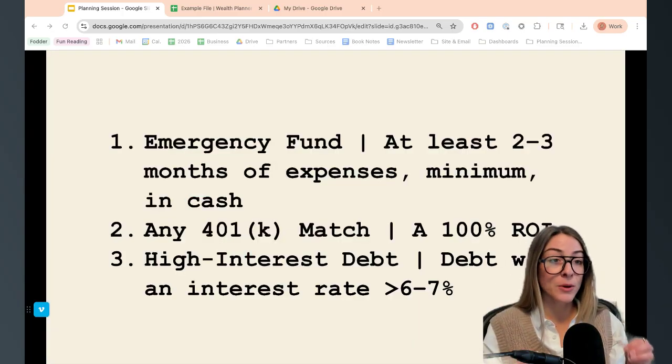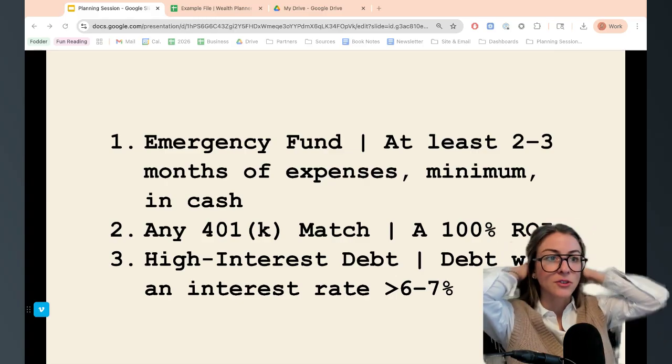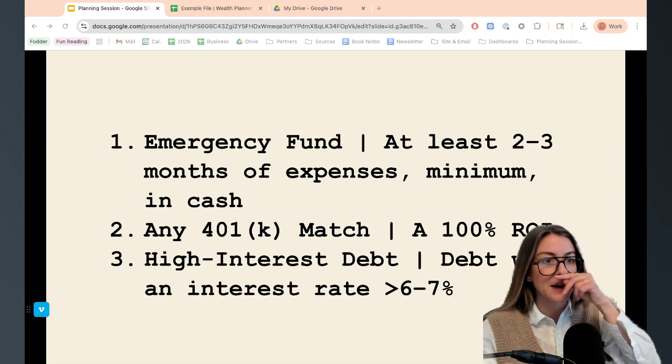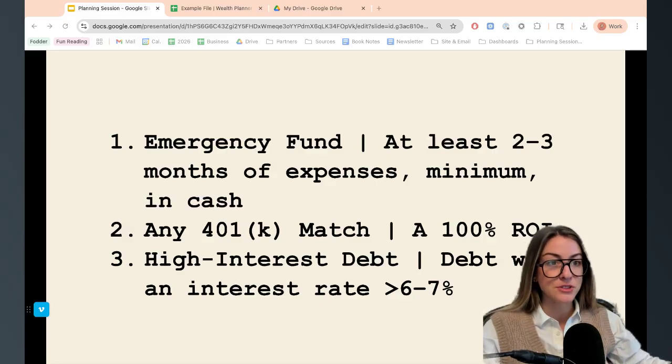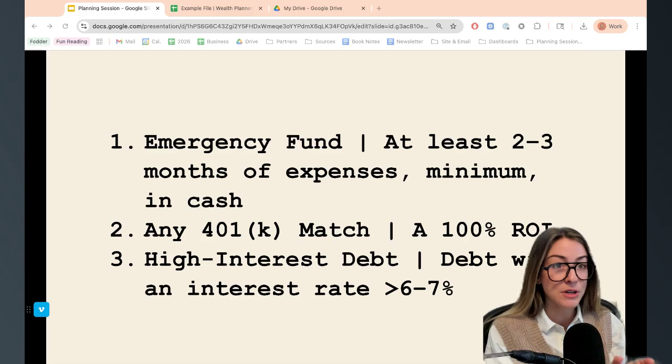The other thing that I want to say before I take you through some of these inputs in this routine is that there are a couple other things in your financial life that definitely do need to take priority over investing. So even if you are excited to start contributing aggressively to an investment account, you're excited to start working toward FI, which is relatable, you want to make sure that these 3 boxes are checked first. So the first is your cash cushion. I would recommend at least 2 to 3 months worth of your expenses minimum, but your